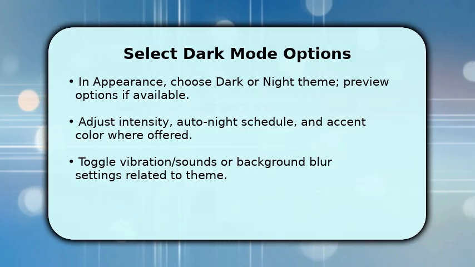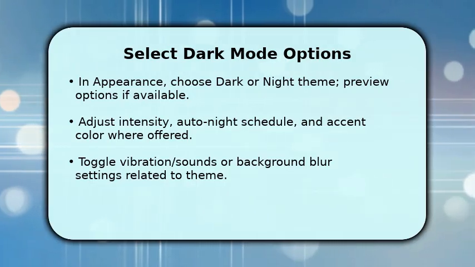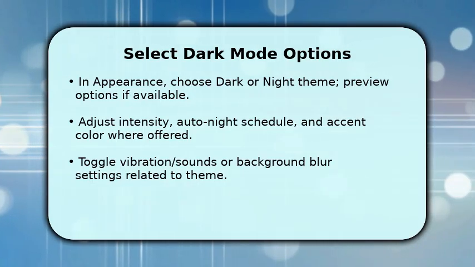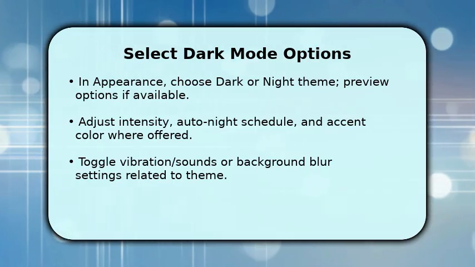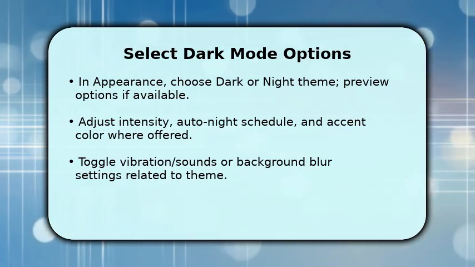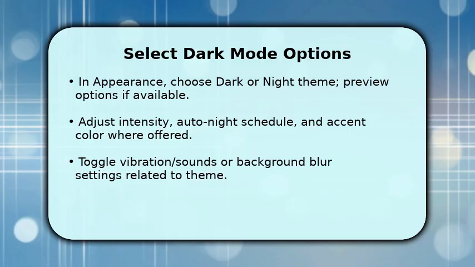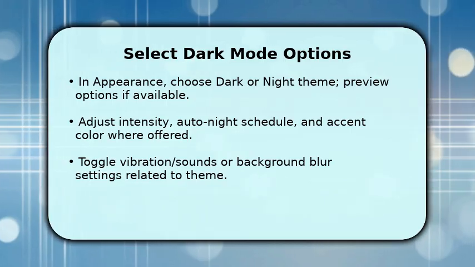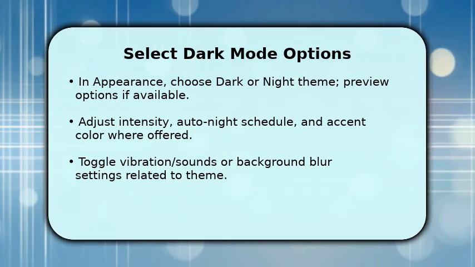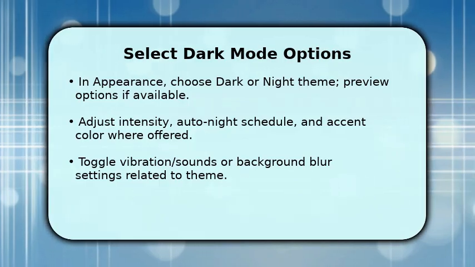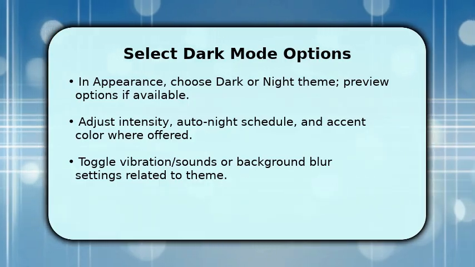If Telegram offers an auto night schedule, enable it and set times or sunset to sunrise to switch automatically. You can also tweak intensity and accent color to balance contrast for your eyes. Make sure to check chat background blur and notification sound settings tied to the theme so the overall experience matches